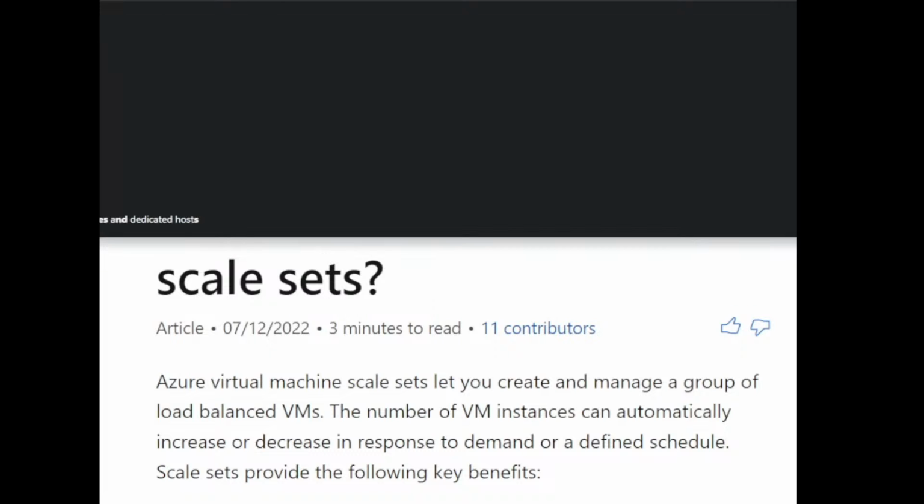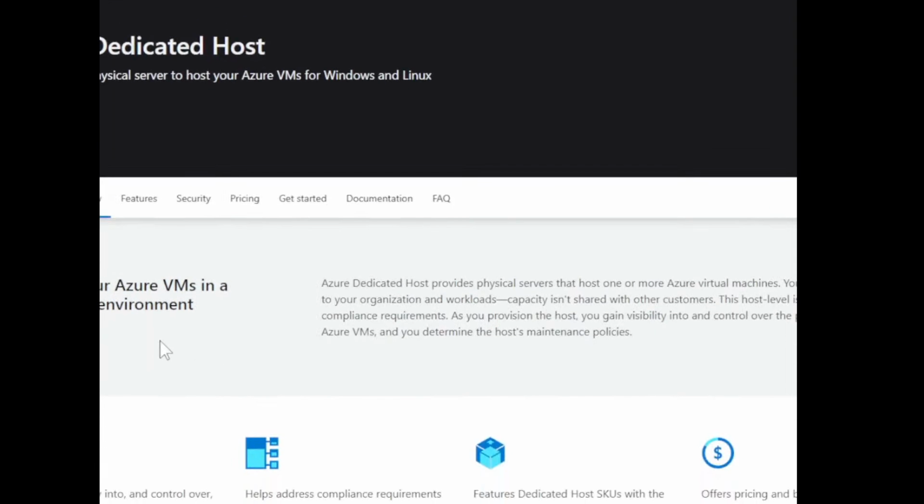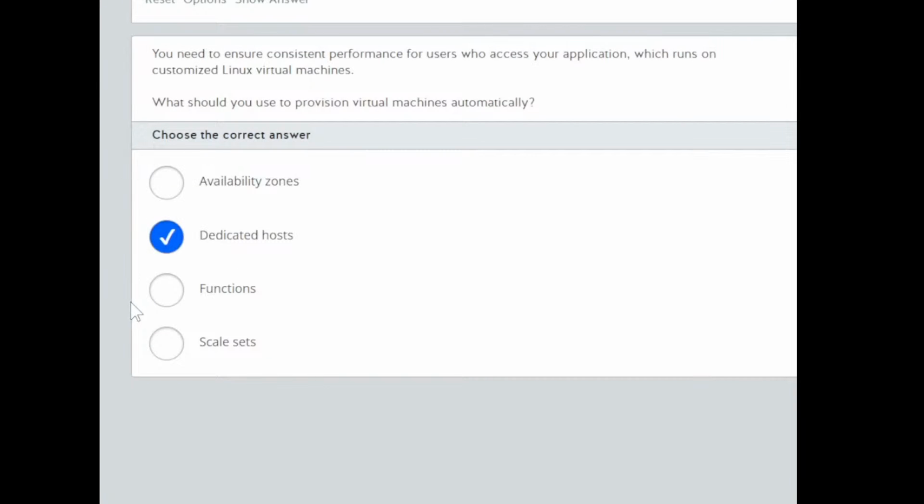Dedicated host: to your organization and workloads. Capacity isn't shared with other customers. So, parang internal lang 'tong dedicated host. Kaya nga eh, dedicated. Eh, customers eh, users who access your application. Ito yan, scalability.